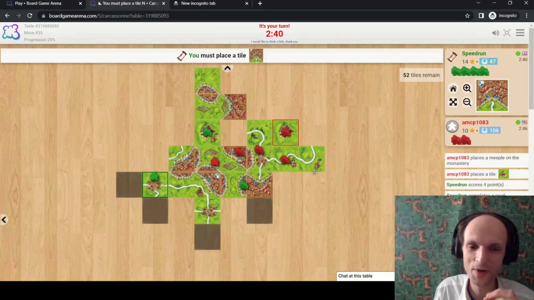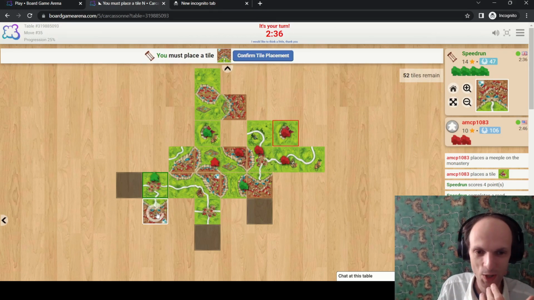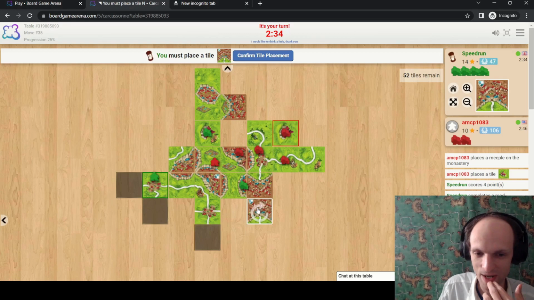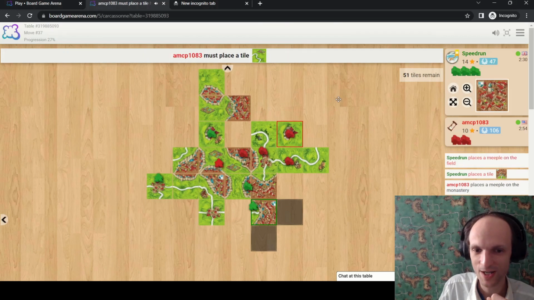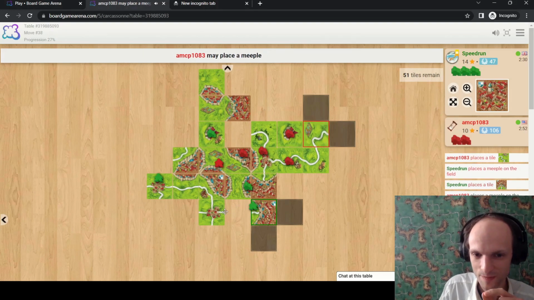Now, I'm gonna play a spectacular move. A normal move here in this situation when you're winning is just to take 2 points, but I'm going to continue this city and drop a farmer as well here, so that when I connect, I will actually manage to get